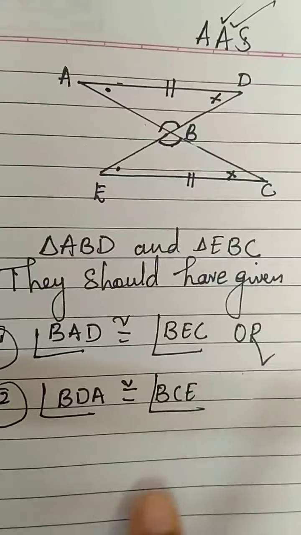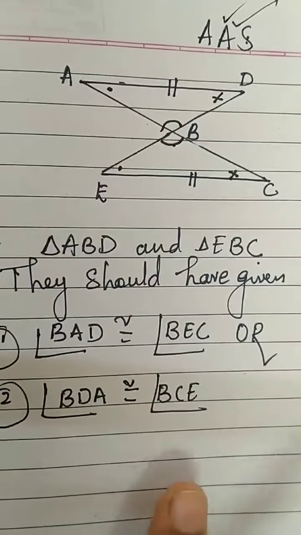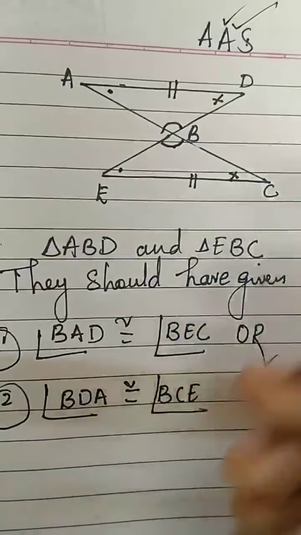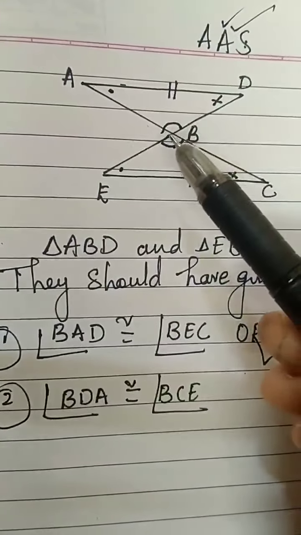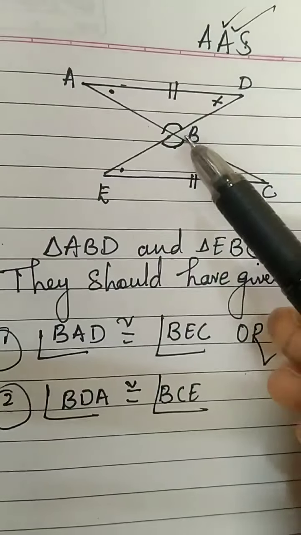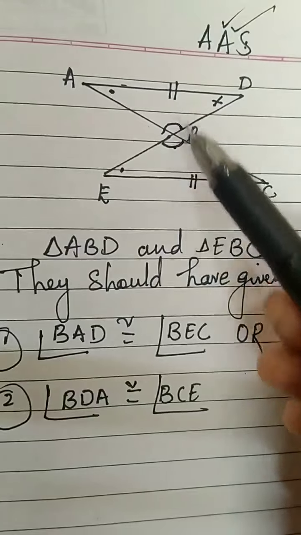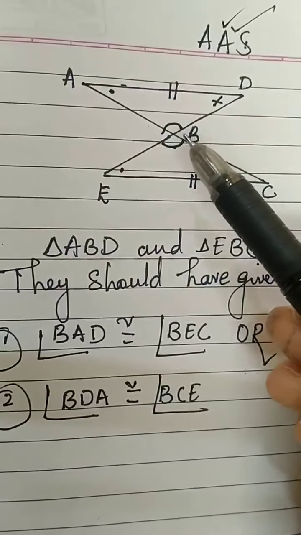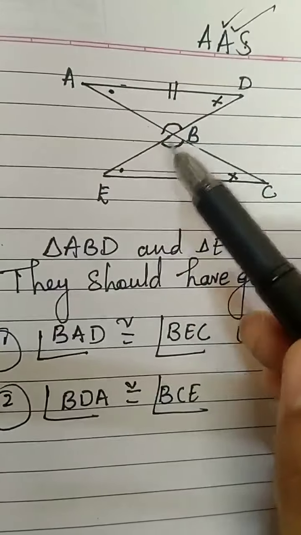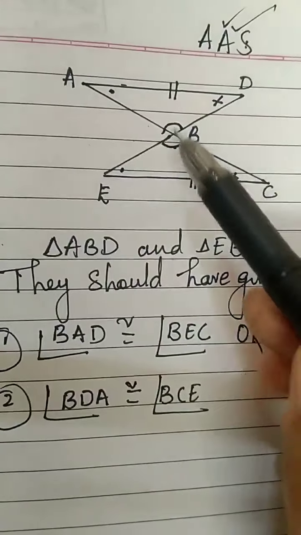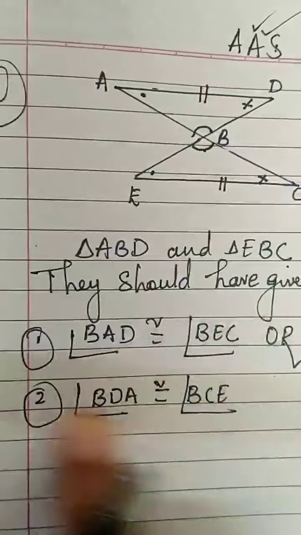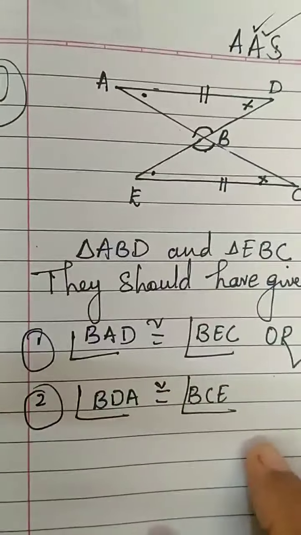So the question is, which additional information is needed? Either this or this information is needed. Then only we can prove both the triangles congruent by SAA test or AAS test. This we will always take as vertically opposite angles. Okay. So if you want, you can write the name of these two angles also. Angle ABD congruent to angle CBE by vertically opposite angles. Okay. So for the time being, mention these two angles as the answer.